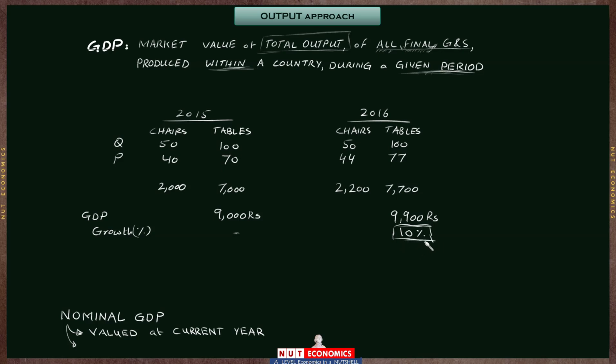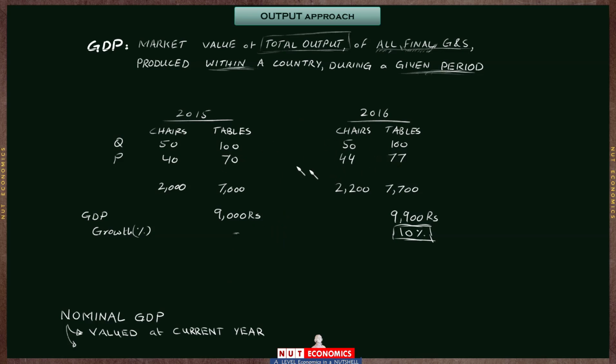And through this GDP growth, they want to estimate by how much the total output of the country is increasing, and therefore the speed at which the economy is expanding. But the problem is that nominal GDP, where you just multiply the quantity of every product with price, may increase even if total output stays the same,